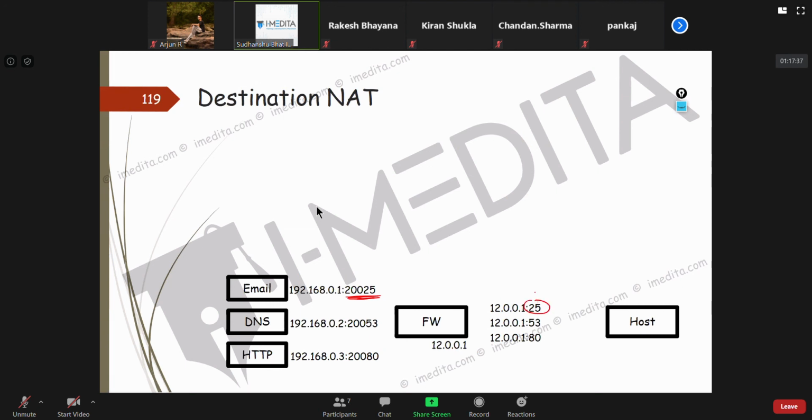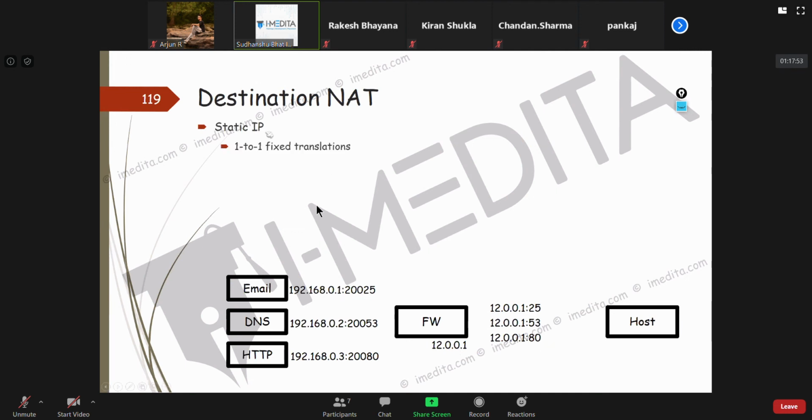So a lot of times people translate it to some other port, not necessarily the same port. You can translate it to the same port as well, like 25 to 25, 53 to 53, and 80 to 80. So that's destination NAT.